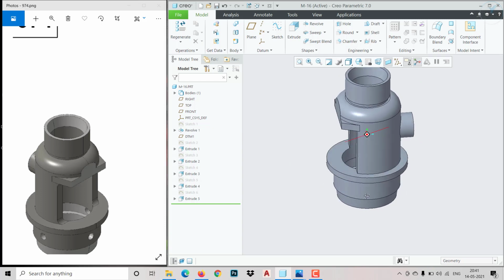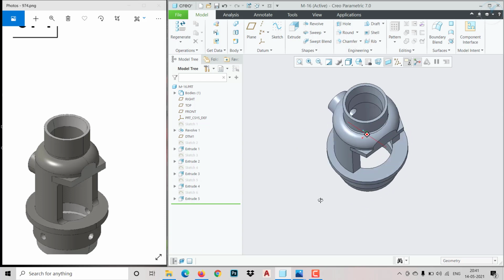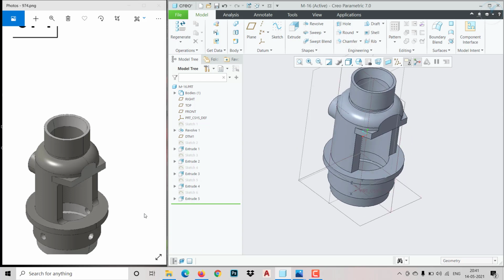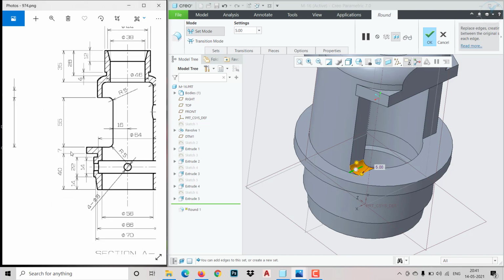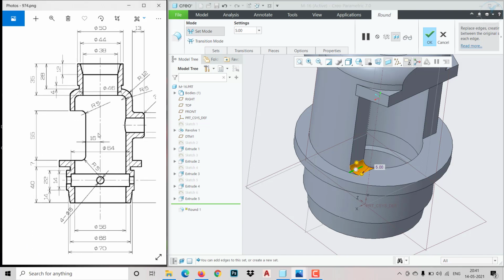Okay, fine. So only thing is fillet is pending. So here and all I think I require R5. So because it is mentioned on the side, you can see over here. So this 5 mm we need to give.